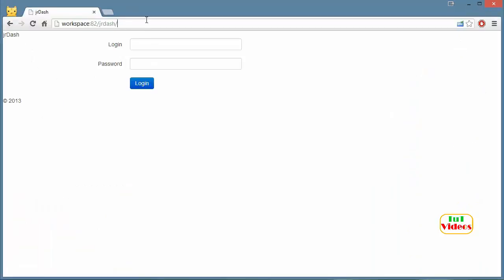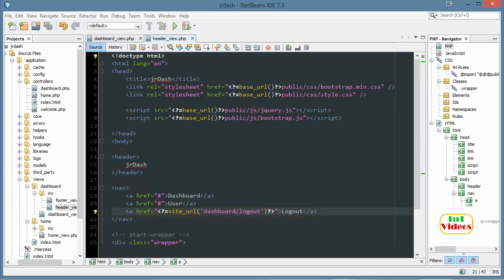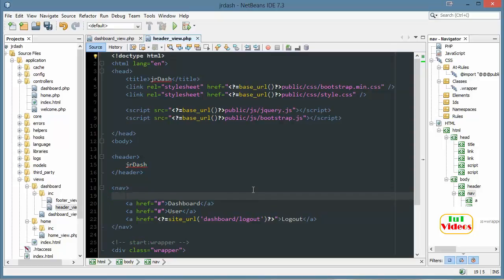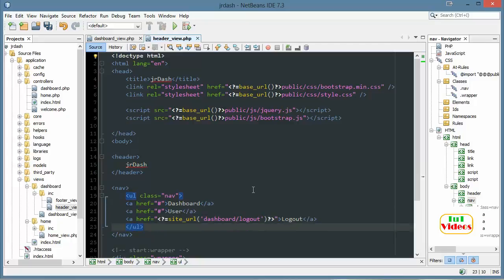Now our dashboard has a navigation. It'll be a little bit different than this front end. So when they'd be logged in, they'd have special user panels. That's why we wanted to create the separate folders. So logout works, looks good. I also think briefly we can improve the navigation bar by using Bootstrap style. So we're going to make an unordered list just to add that to it and say UL class equals nav. We'll just wrap it around this right here, and then these will be list items. We can tab those over,